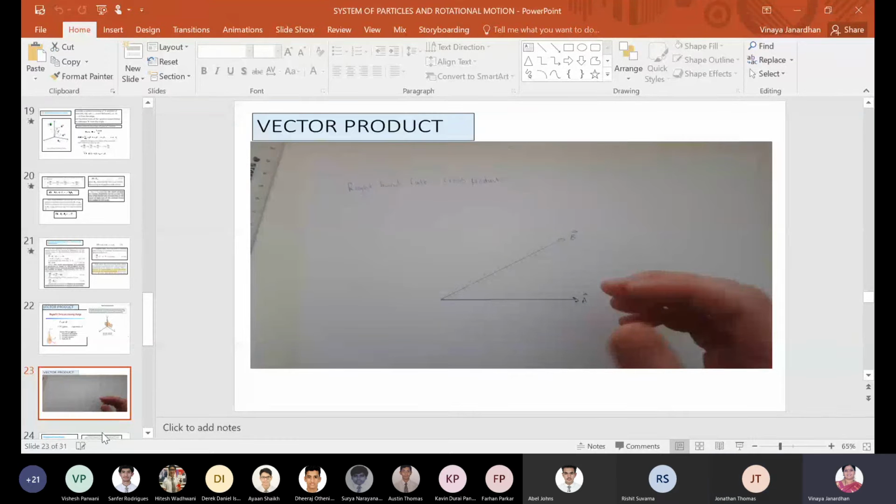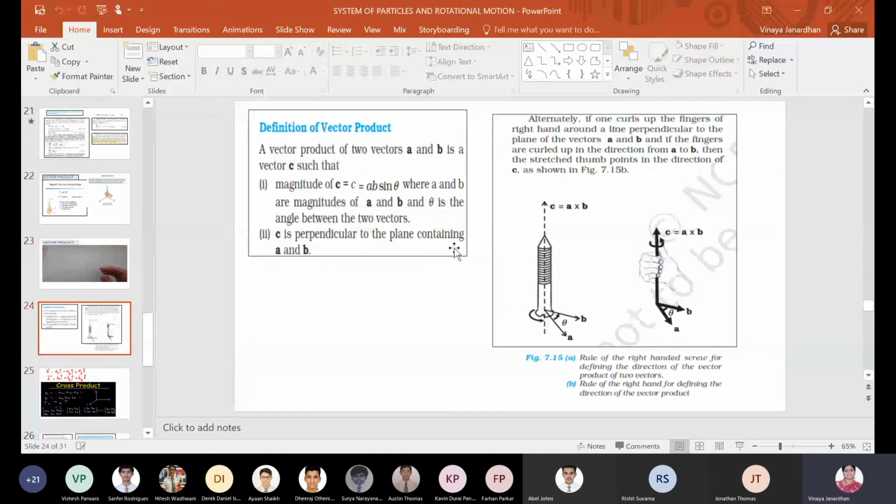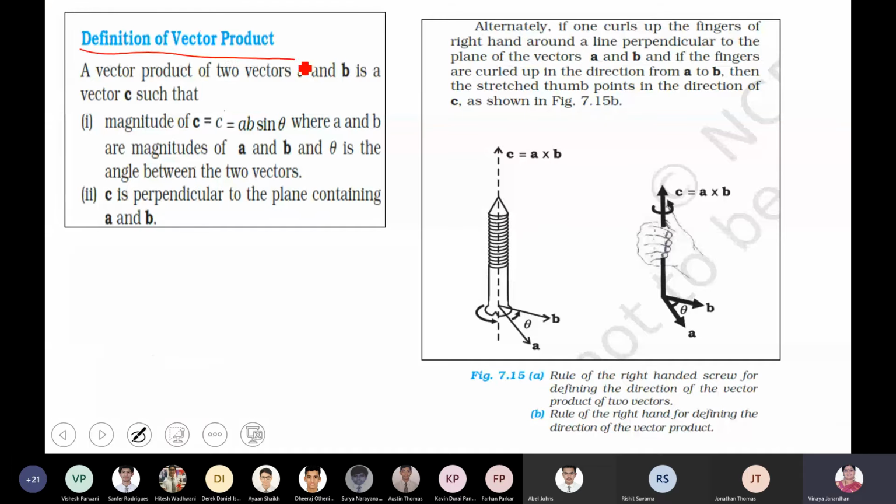And we'll do a numerical based on this. Just copy down this, boys. Definition of a vector product. Only this much is enough for you right now. A vector product of two vectors A and B is a vector C such that